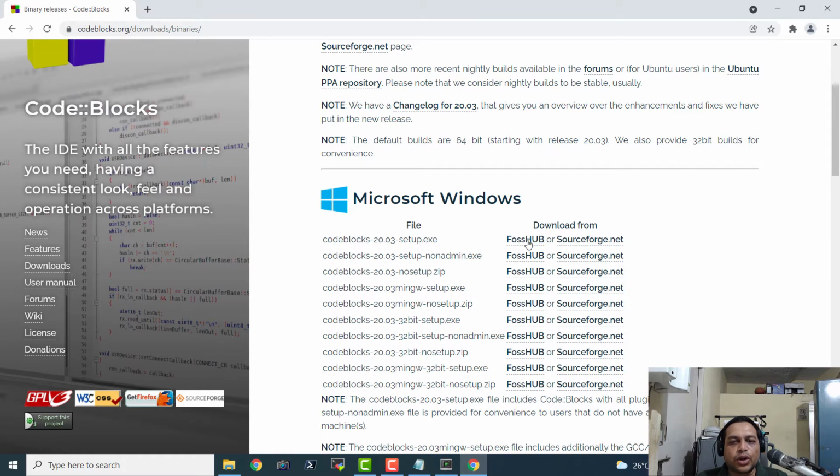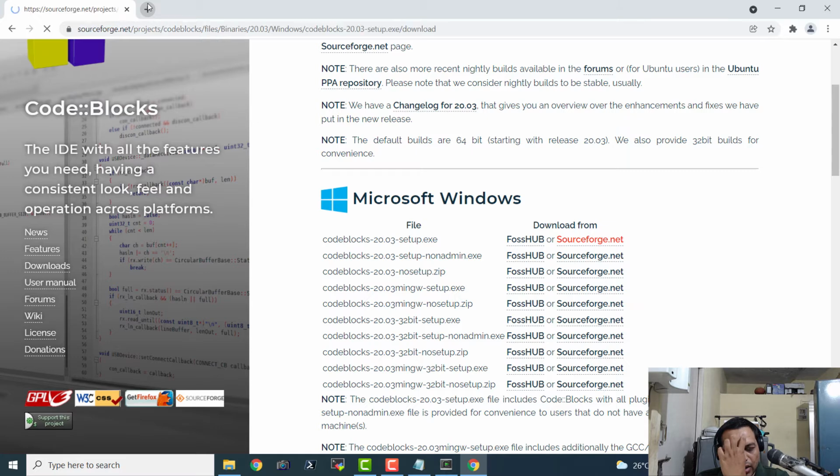So we are going to go ahead and visit the sourceforge.net link for this CodeBlocks 20.03 setup.exe. And there is a setup file for non-admins also, but we are not actually going to go ahead with that. And there seems to be a zip file also, but we are going to go ahead with this setup file because we have admin privileges. It is going to register that application in the Windows registry and it will be good for us. So I'm going to go ahead and download this thing.